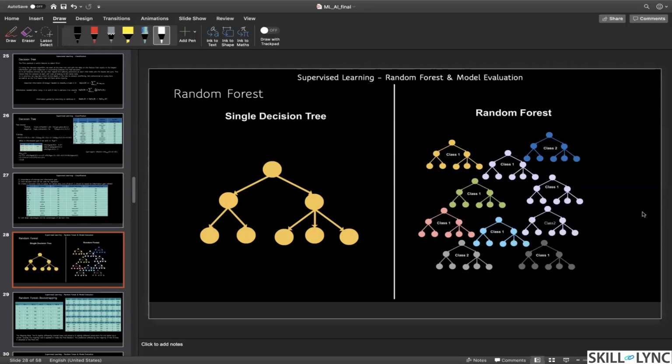So for example, let's drop the idea of movie. Think of buying a two-wheeler. When we are buying a two-wheeler, we will not ask a single friend, right? We will ask multiple friends. We will read the reviews. We will ask the internet, and then only we will decide which one we have to choose, right?